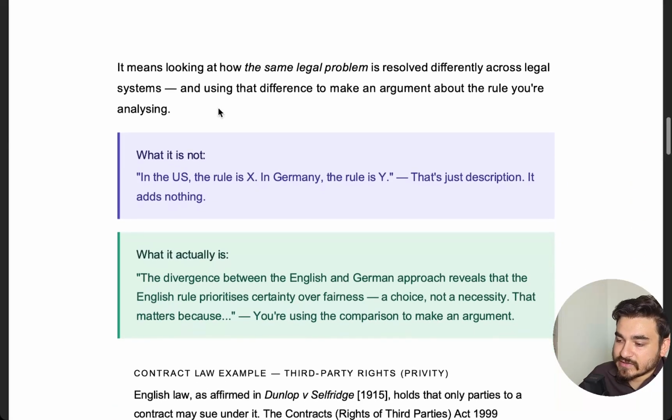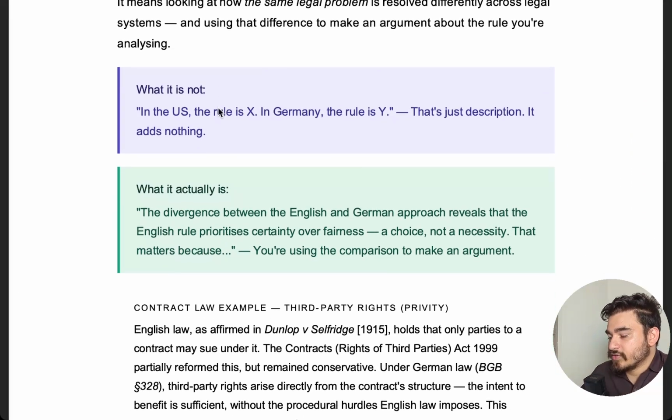Jurisdictional analysis, as you can see on the screen as well, is you comparing 2 jurisdictions with one another. It can be as simple as comparing the UK law with the US law, or with the law in Singapore, Bangladesh, Pakistan, or India, stating what the rule is in the UK and what the rule is on that topic in, let's say, the US. So let's say the competition law rules in the UK are so and so. A student who is getting a 50 will merely state what the UK law says, that the UK competition law code says this, full stop.